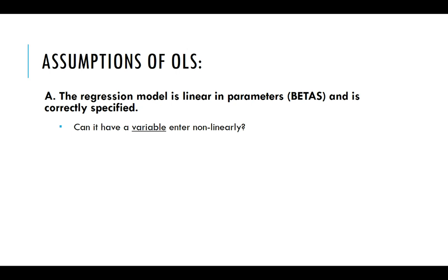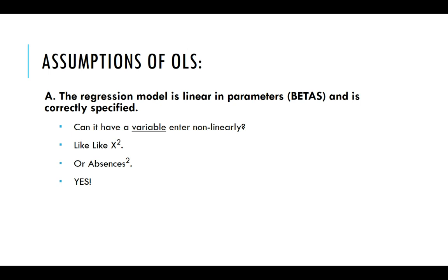So guys, can my model have a variable that enters non-linearly, like x squared? Could we have absences squared? Maybe I think there's a non-linear effect of absences. Maybe I think that for each additional absence, the impact gets bigger and bigger and bigger. That would require a squared term. So what's the answer? Can I have a non-linear variable? The answer is yes, because go back to the bold part. It says the regression model is linear in parameters,